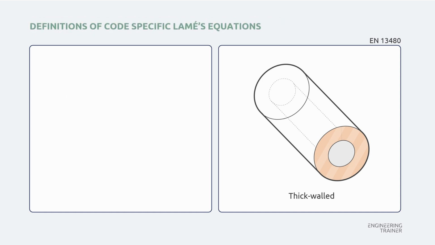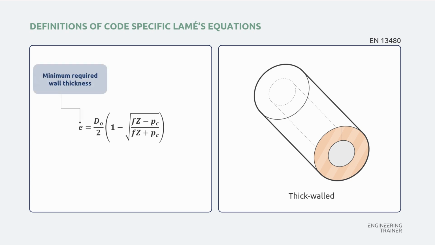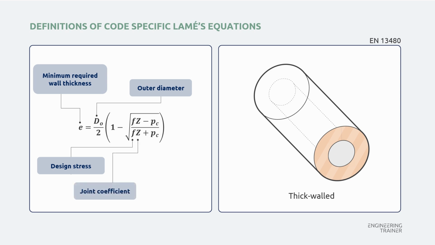In the EN13480, the definition of the code-specific Lemay's equation looks like this. In this equation, we can clearly recognize the previously discussed Lemay's equation with the same terms as in the EN13480 thin-walled equation. The minimum required wall thickness is determined by the outer diameter divided by 2 and multiplied by a similar factor as the Lemay's equation, which is based on the design stress, joint coefficient, and the calculation pressure in the EN13480 code. The code does not specify any additional design requirements when determining the wall thickness according to Lemay's